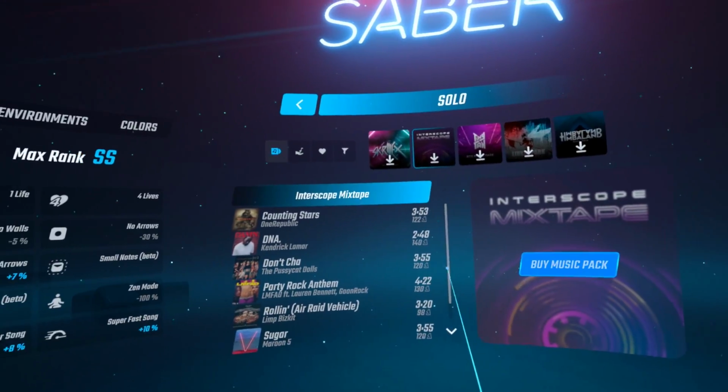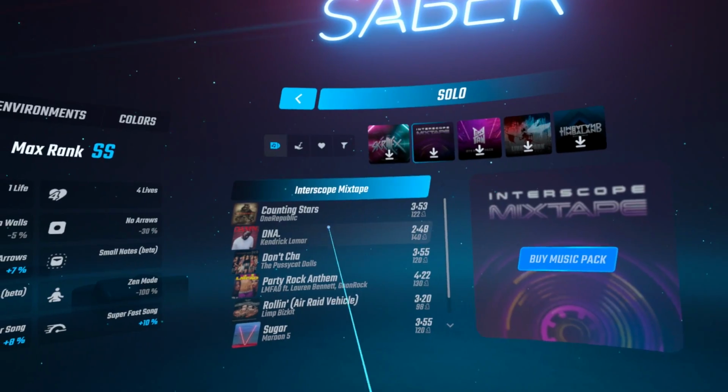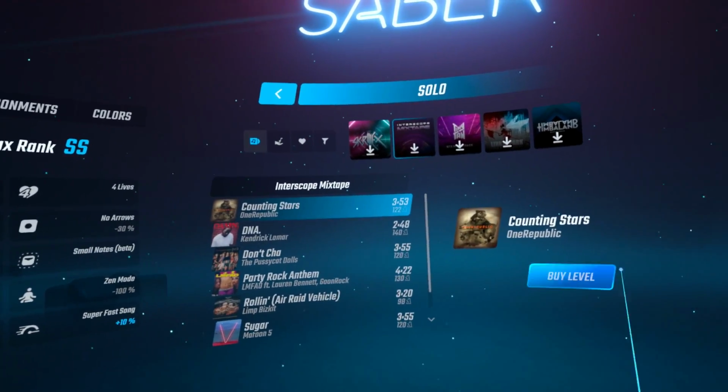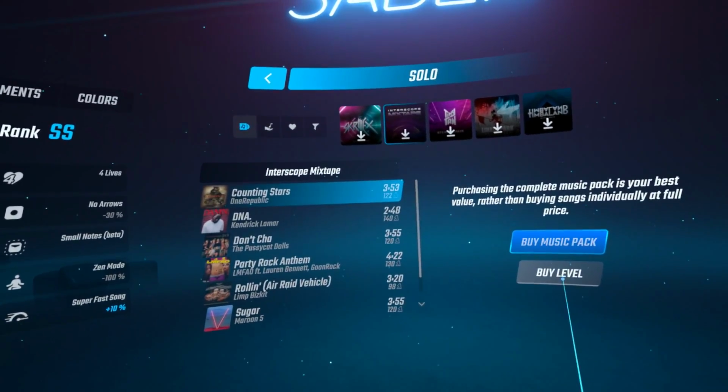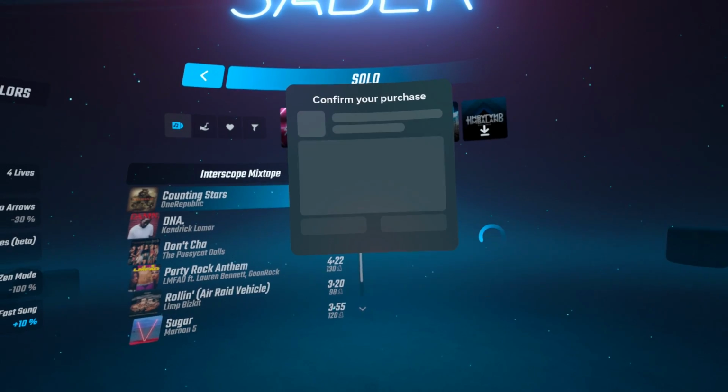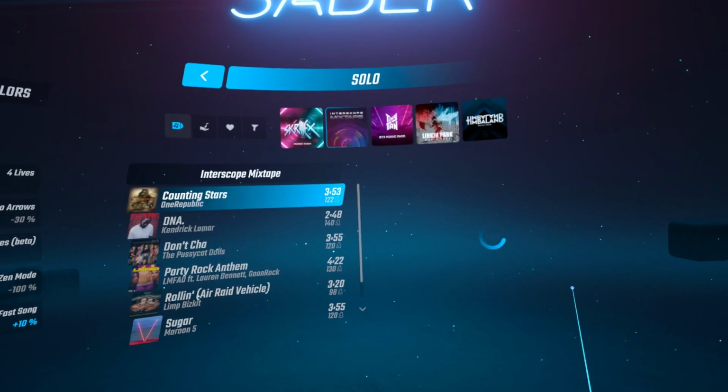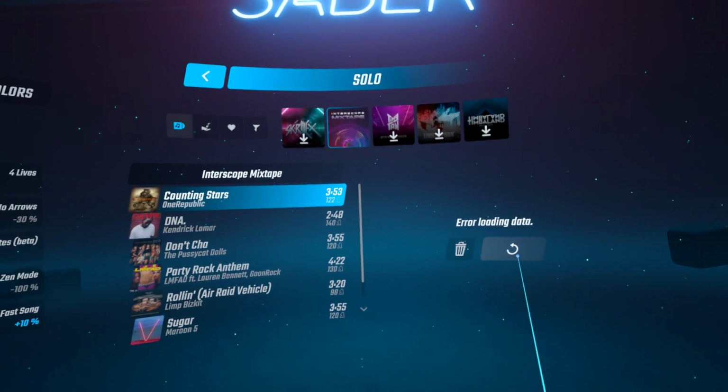Also, if you bought DLCs before, you can re-download them without being charged again. It might show a buy button, but don't worry, clicking on it won't actually charge you a second time. All the stuff you've already paid for stays available to you without any extra charges.